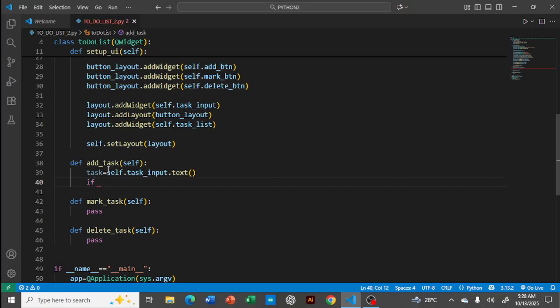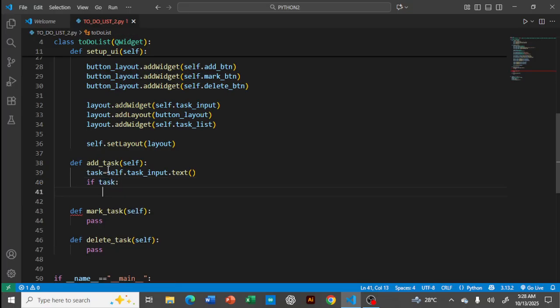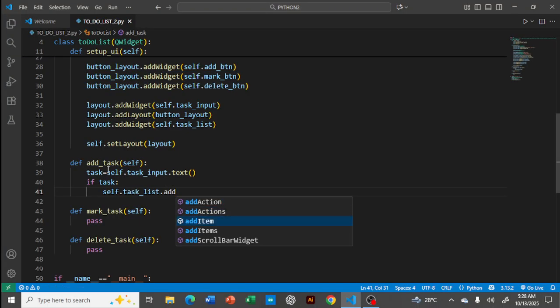Okay, if task, self dot task list dot add item task,